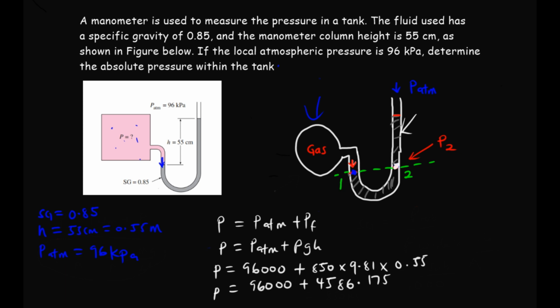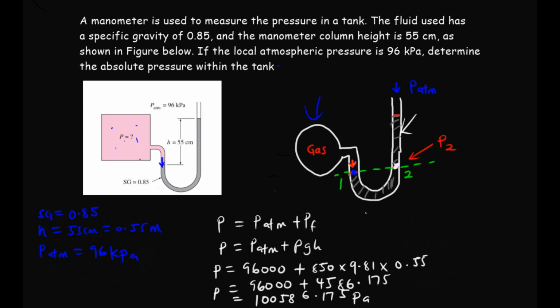Now let's add it and see what we get. 96,000 plus 4,586.175 will give me a value of 100,586.175. The unit over here is Pascal, but you see the value is very big, so you are going to multiply by 10 to the power minus 3, so that it will be in